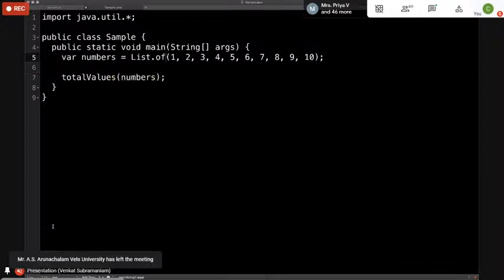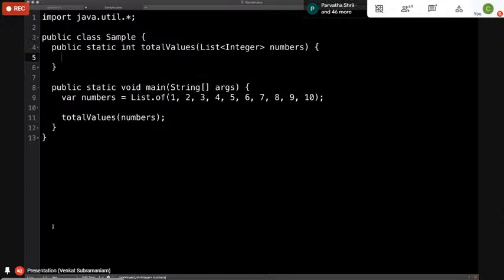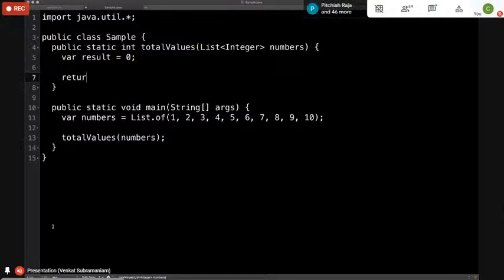Now, how am I going to implement total values? I could say public static int totalValues that takes a List of Integer, let's call it numbers. In this example, I'm going to say var result is equal to 0, and I'm going to return the result in the very end right there.